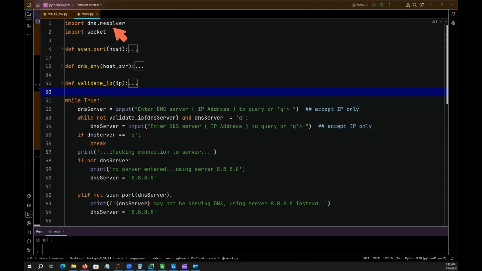Initially, I'm going to import the DNS resolver module for, of course, DNS record resolution. I'm going to import socket because I have a function that is going to test the validity of a DNS server that is entered, to make sure that it is actually serving DNS, and I'm going to craft a socket to do so. As I detailed in the last video,